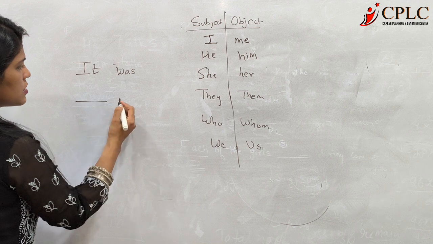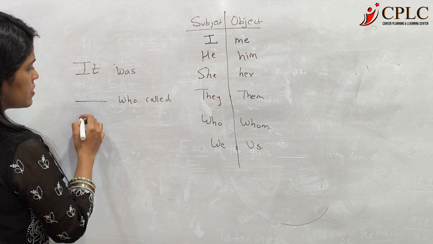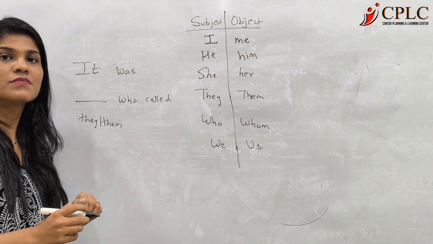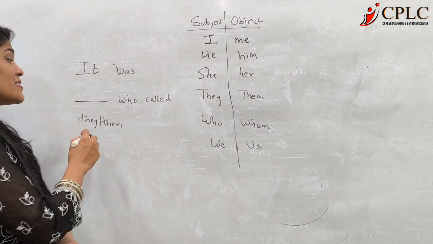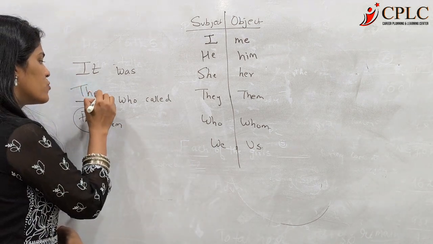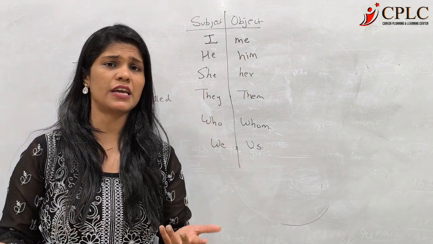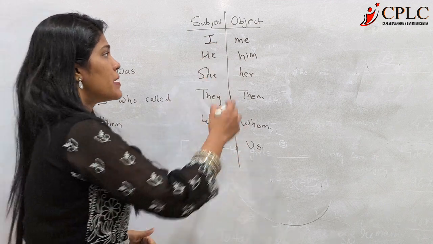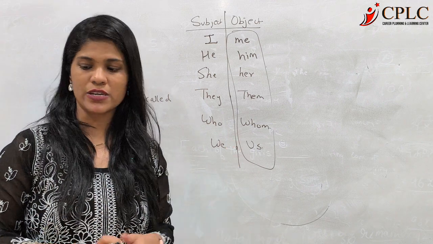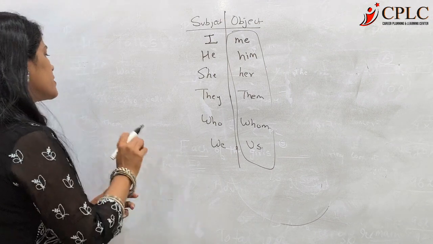It was, okay, they or them? Them. It was they who called, active voice, उन्होंने call किया. It was they who called. I'm doing mostly active voice examples because passive voice बहुत easy है, आपको पता है कि me he ship, but the thing is कि आप यही active voice में भी use करने की गलती करते हो, that is why we are doing active voice examples. All right, let's take a passive voice example.